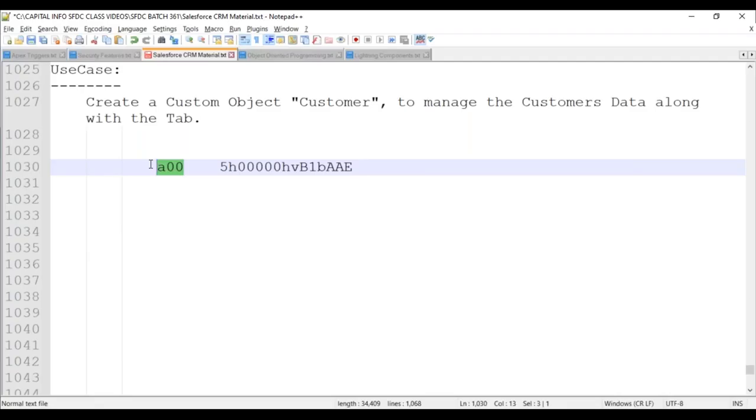For every object, Salesforce is allocating a 3 characters alphanumerical number. Inside your record ID, the first 3 characters represent your object ID. A00 is my object ID here. It may be standard, it may be custom. For every object, Salesforce generates this object ID, irrespective of the object type. Clear? Now suppose in your Salesforce org, you create a custom object with the name some customer, then